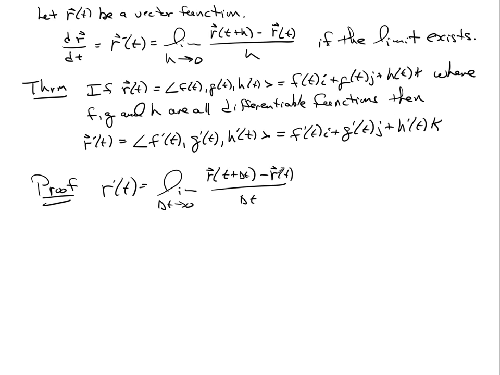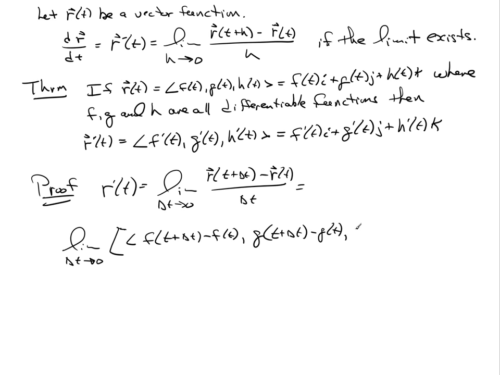Well, obviously, these are functions, which is equal to the limit as delta t goes to 0 of f of t plus delta t minus f of t, g of t plus delta t minus g of t, h of t plus delta t minus h of t, and I need to put my delta t in there, so let's just divide the whole thing by delta t,